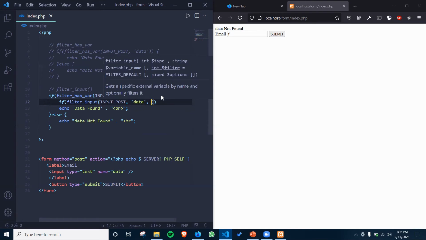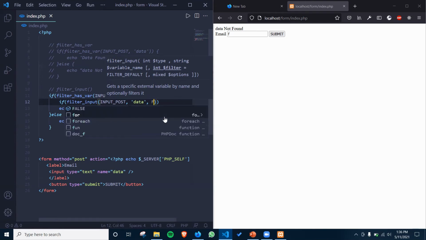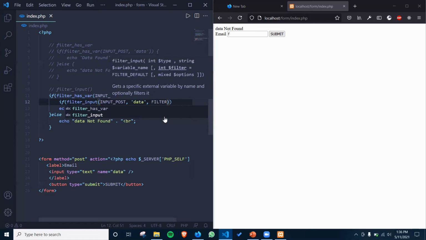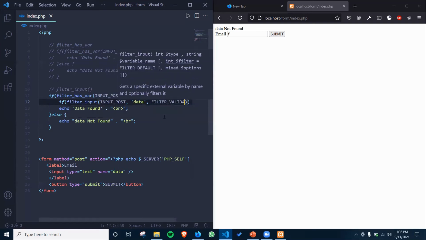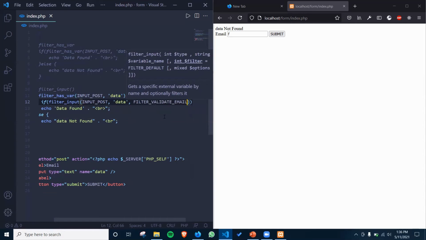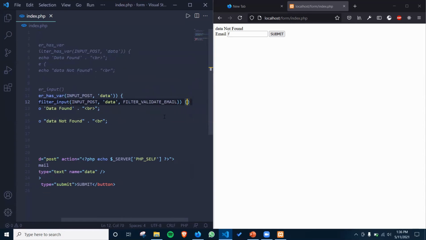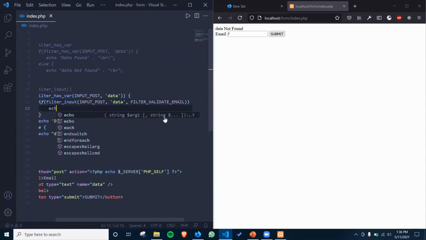So here we want the validation as email, because this is an email address, so we want the validation of email. So write here filter_validate_email. Okay, cool.